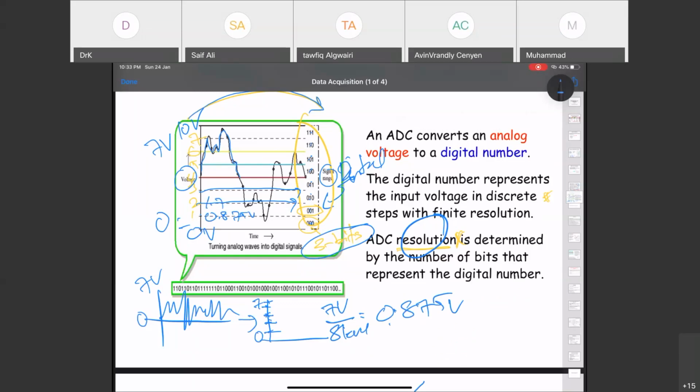1.75, and so on. You can multiply by 3, 4, 5, but when you multiply by 8, you will get the maximum there. All right. So meaning that if you are using 3 bits